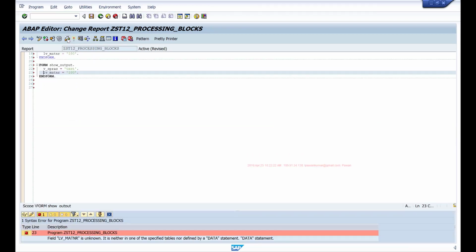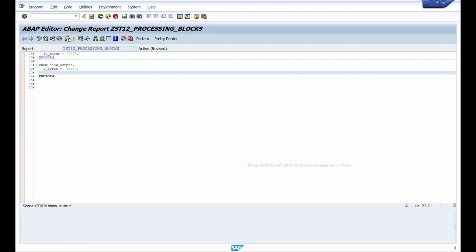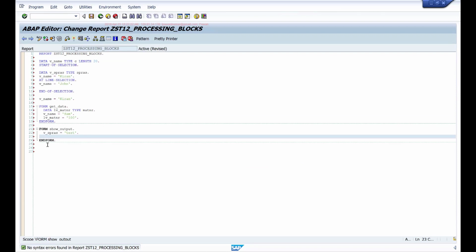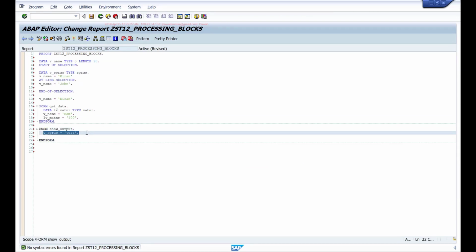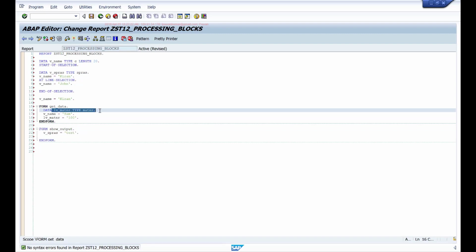The system won't complain. It's complaining about vMatnar, not vSpras. Here, vSpras is defined under startup selection, but I'm able to access it from another processing block. Whereas LVMatnar is defined in this get data processing block, and since this procedure supports a local data area, it is considered a local data object and I can only access it within that processing block.